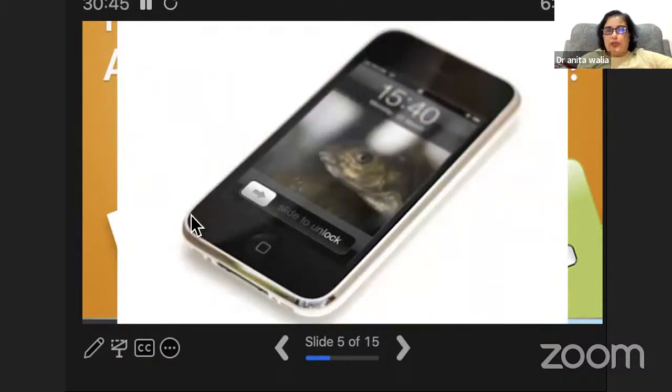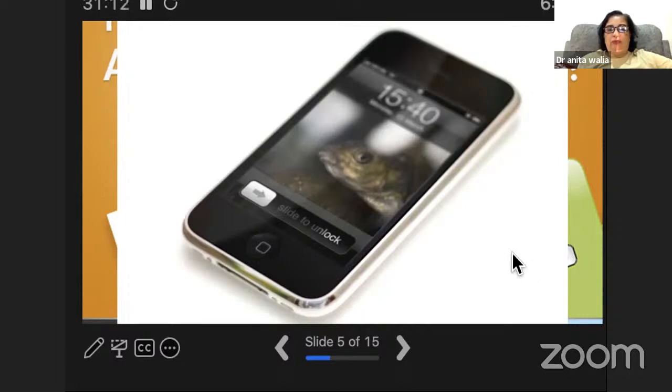The iPhone. If you know the iPhone swipe, now it is there in all phones. But the iPhone came up with this technology of swipe to unlock your phone. This is one of Apple's patents, for a method of unlocking a portable electronic device using gesture. Any other company, Samsung and all, who have used it have paid Apple.